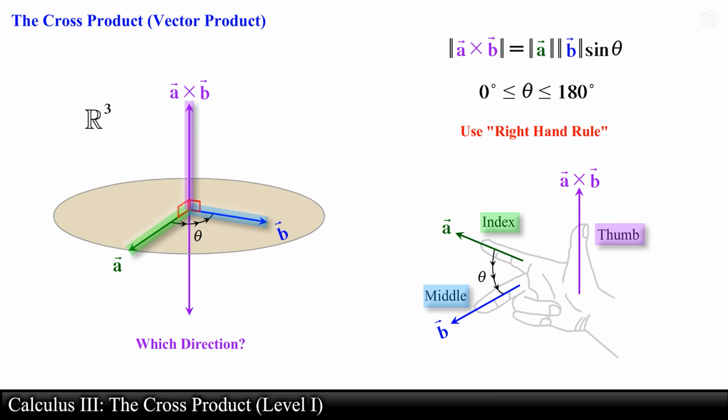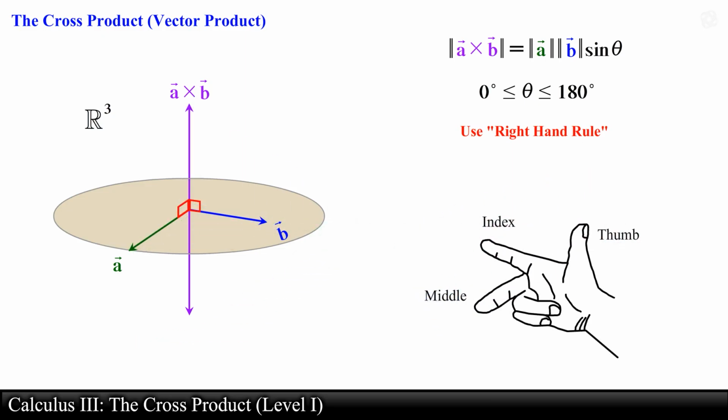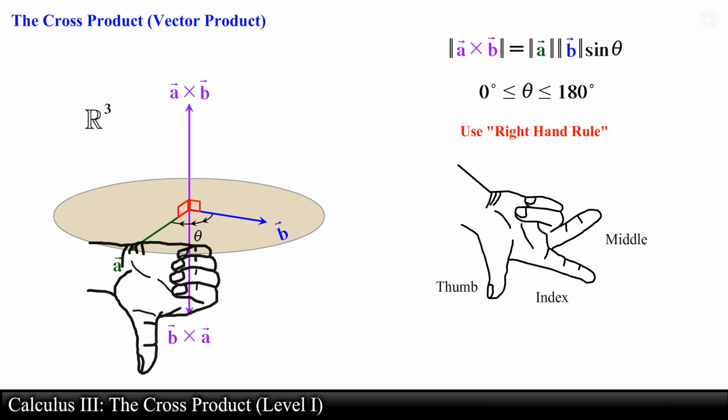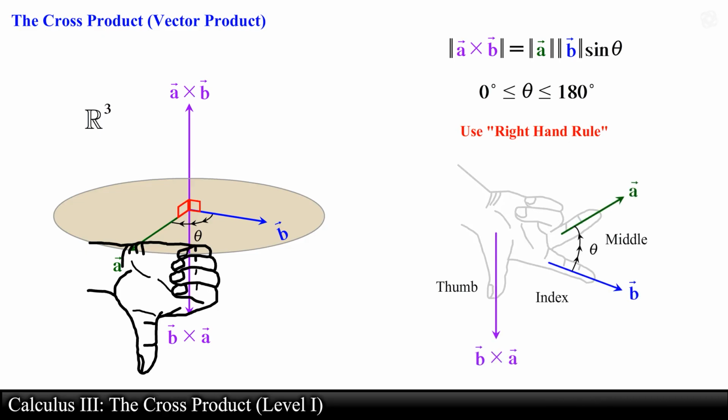crossed with vector B. Now, on the other hand, if we are asked to find the cross product between vector B and vector A, we would obtain a totally different vector. In this case, we need to point our fingers in the direction of vector B and curl them towards vector A. Again, making sure you choose the smaller of the two angles. You will discover that your thumb now points in the opposite direction. The result is a vector that points in the opposite direction to the cross product of vector A and vector